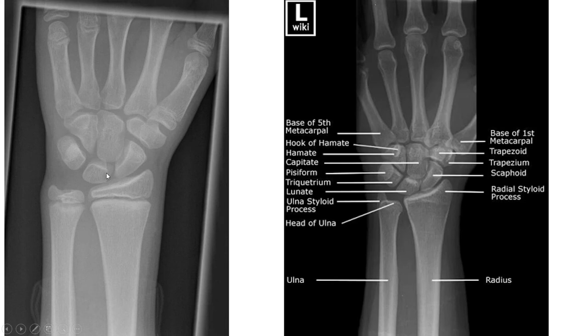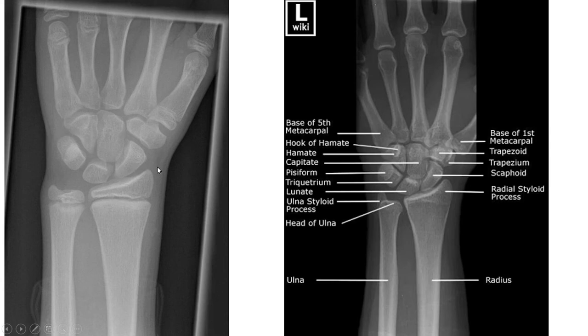This is the scaphoid, boat shaped. This is the lunate. Now here in the adult also there is a special line. See, this is one line. This is the proximal row of the carpal bones. This is the distal row of the carpal bones. This big bone is called the capitate, and this bone with this hook is called the hamate. Now see, there is also a line. Okay, this is called Gilula's arch.